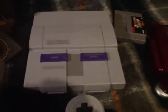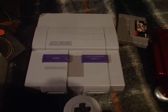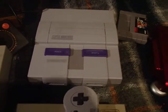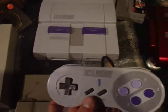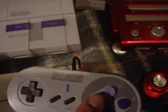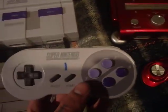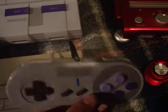This here Super Nintendo is the more recent one I just got. A lot cleaner looking. Probably not as used quite as much. Controller. A little more buttons to deal with. You got the Y and X button added. Plus, you still got the B and A that the Nintendo controller had. You also got the L and R button on top, so...